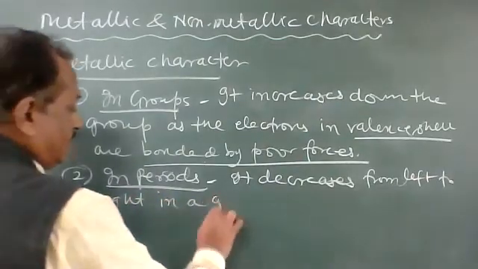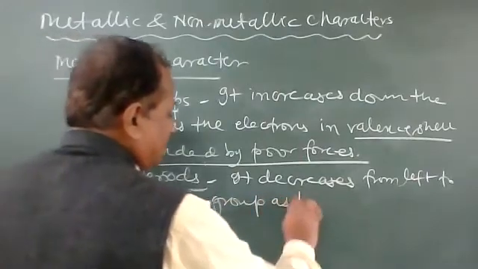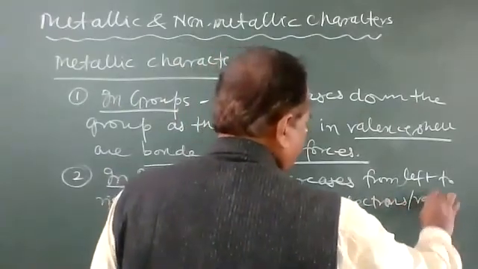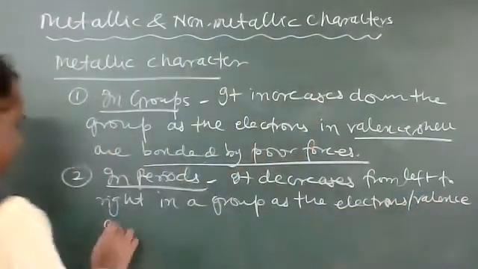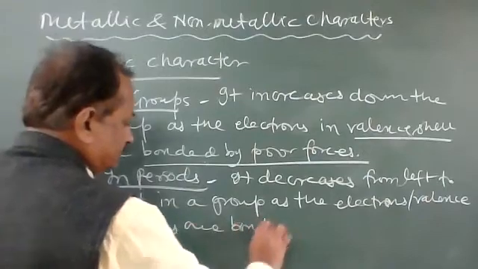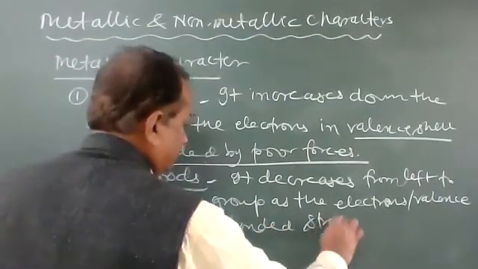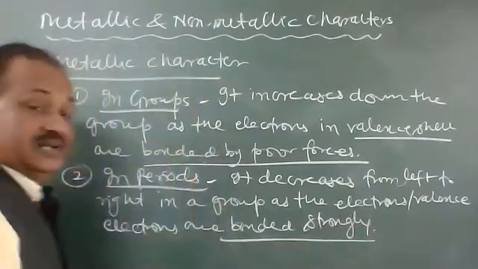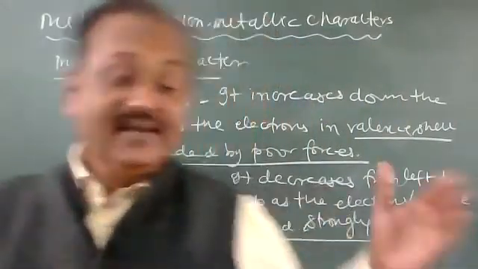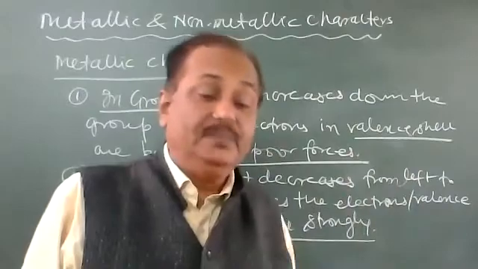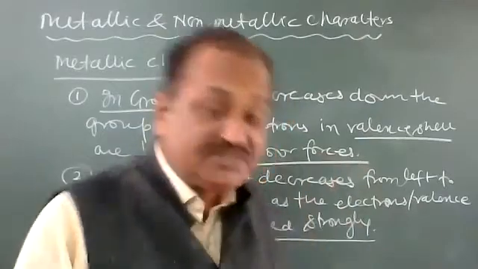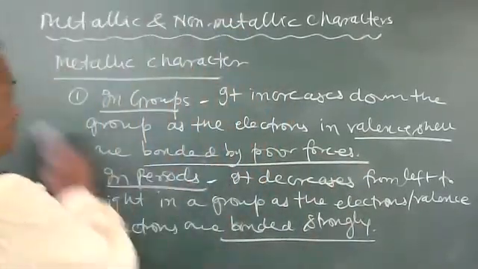in a period as the valence electrons are bonded strongly. So electrons are bonded strongly, so electrons cannot be lost easily. So that's why it will be easier for a non-metal to exhibit reactivity by the gain of electrons. So it is just the opposite in the case of